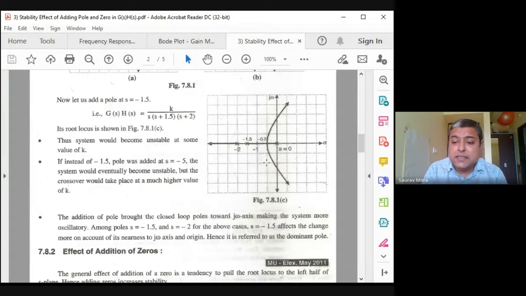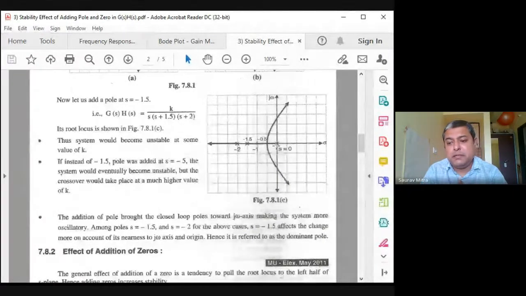In the fourth case, whenever you insert another pole, you will find another set of root locus coming here. So four root locus will be going towards infinity, and in that case the k marginal will get reduced compared to the third case. By using MATLAB, you can very easily find this out. This is also a very favorite question of the examiners. They will ask, explain the effect of addition of real poles in the system.